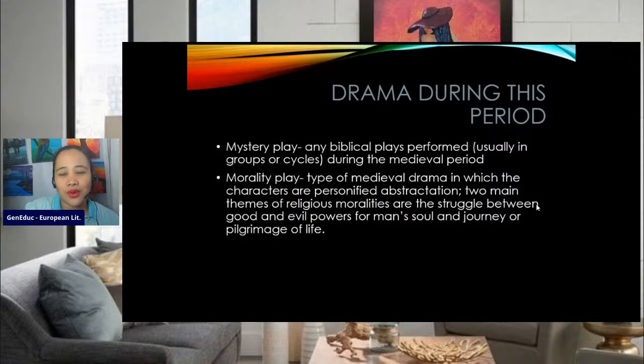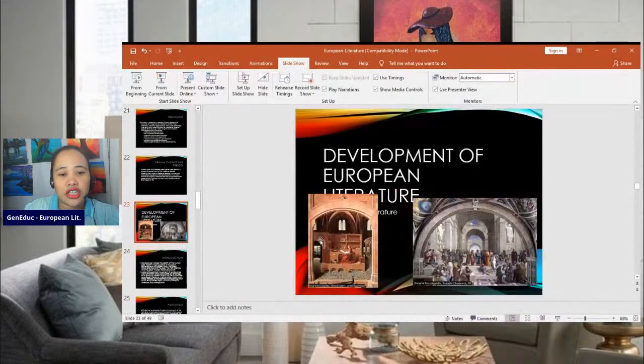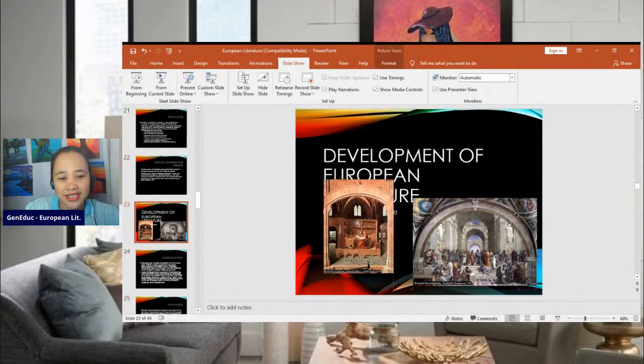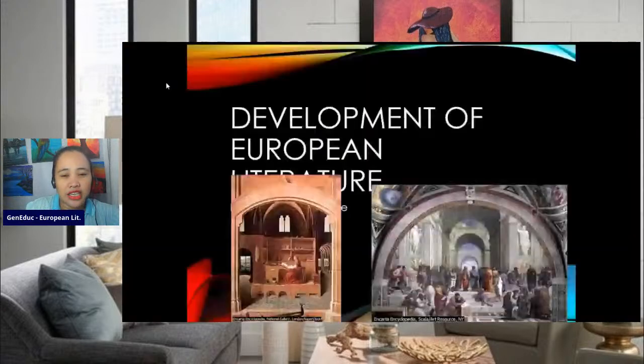So that is drama during this period. Just prepare for Set E, because it's kind of long, or longer compared to A to D. Okay, development of literature: Renaissance literature. In the Renaissance literature,